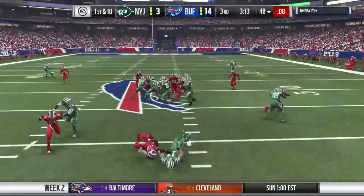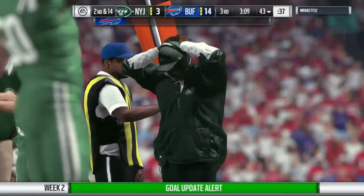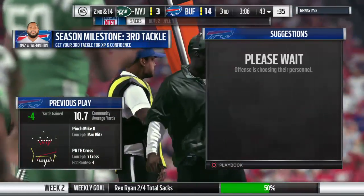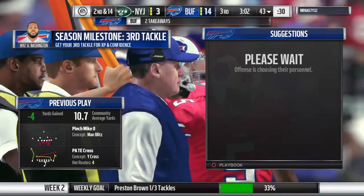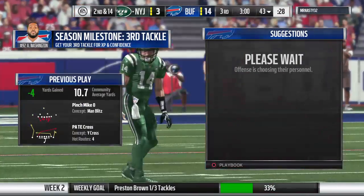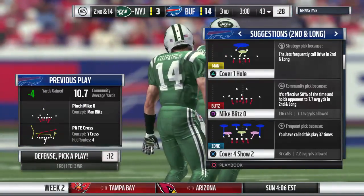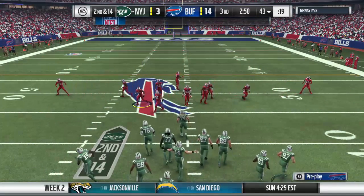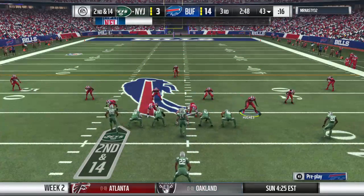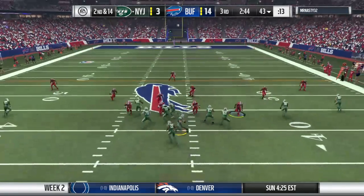Following the interception, blitz coming, and down he goes. Preston Brown coming in hard on the blitz. He gets him down for a loss of 4. Now, we talk about players blitzing all the time. I often laugh and sometimes call it just straight-ahead pursuit. What a running start right back to the backfield for him. Yeah, it really didn't give anybody a chance to get up there and stop him. No, I mean, that's really, really difficult. You're asking a whole lot anyway, but when he gets that kind of a start and comes through clean, oftentimes